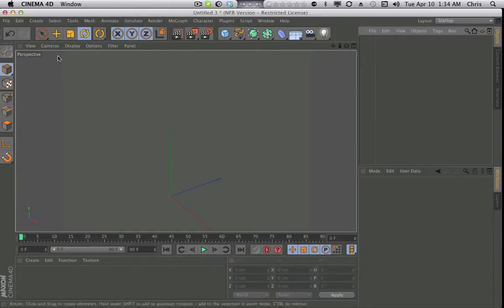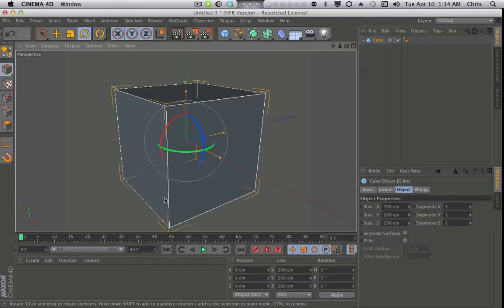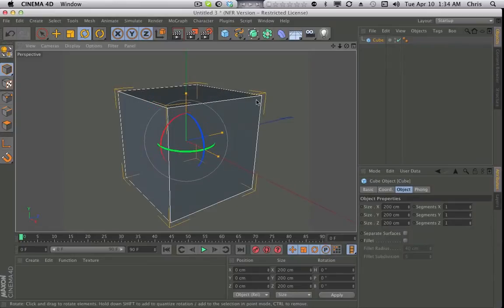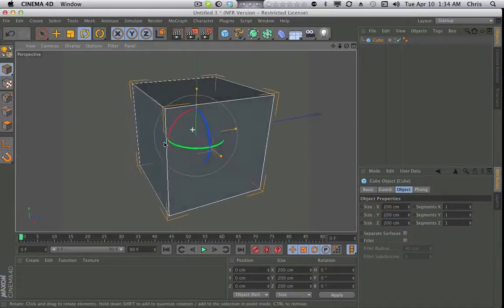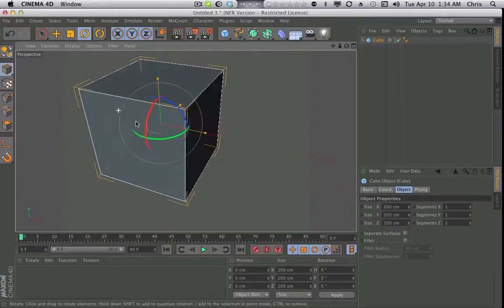Now let's do a little bit of modeling, and we're just going to do the very basics here. So I'm going to create a cube, and my viewport's a little off, so like I said before, if you hit the letter O, that focuses in on the currently selected object or objects. So this is our cube, and I'm using some navigation shortcuts, which is usually the Alt button on the Mac at least. If you hold down Alt and you kind of left-click, then you'll rotate around wherever you clicked,